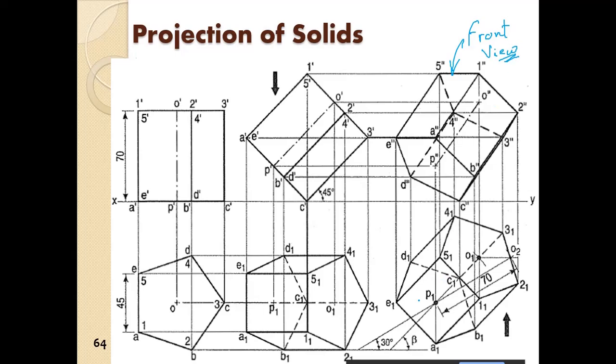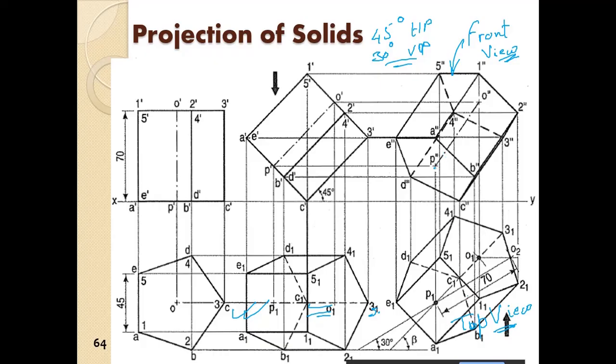Okay, and this is the required top view. Basically this is the top view itself. So from this top view we have to rotate it in such a manner that it satisfies the condition. The axis is now at 45 degree to the HP and 30 degree to the PP. So those two conditions have to be satisfied by the